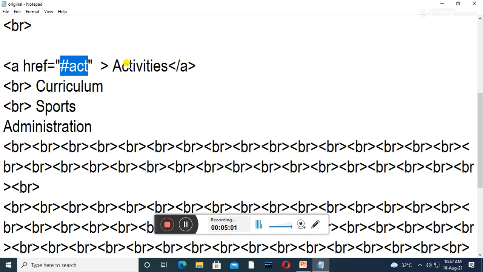So here you have to give the name or label to the explanation section. This command tells the browser that the hyperlink references the name act, and when the activity heading is clicked, it shows the explanation section where the name or label act is written.